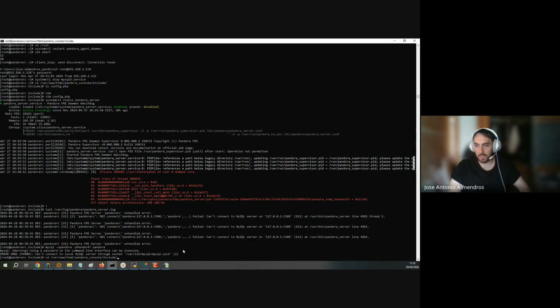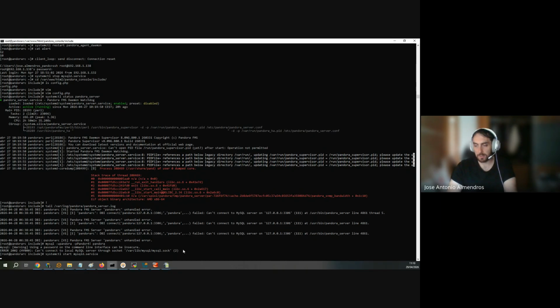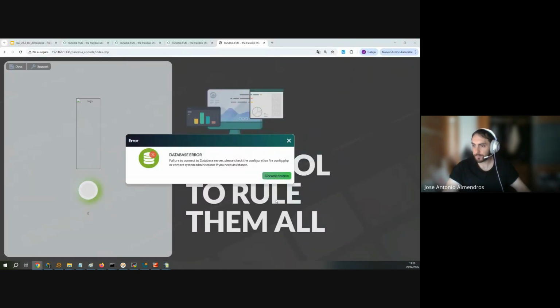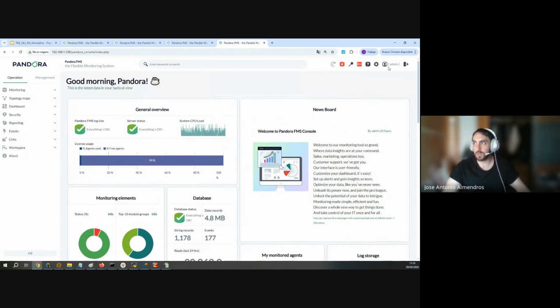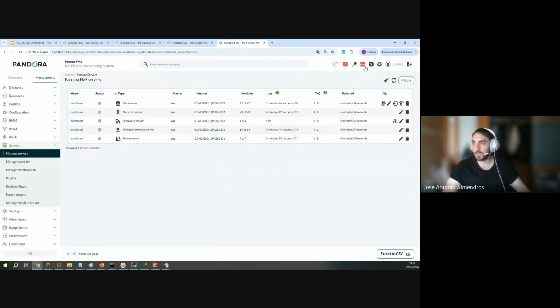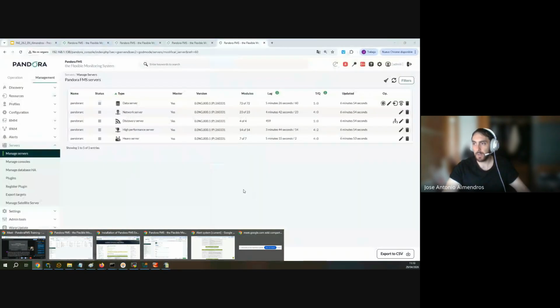If we see this error, in that case, it will say that it is stopped. I wanted to launch a status, not a start, but it will say that it is stopped because I stopped it before. As soon as we recover the connection with the database, we recover the console. Okay, we see all system down because the server is stopped, but with